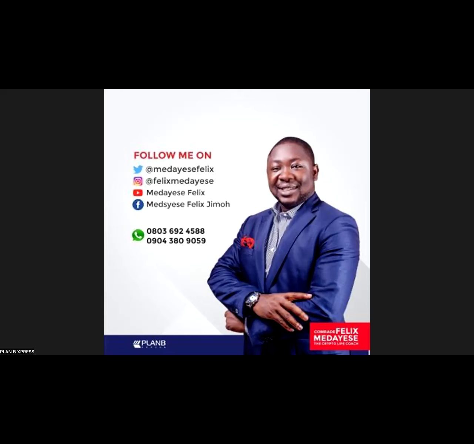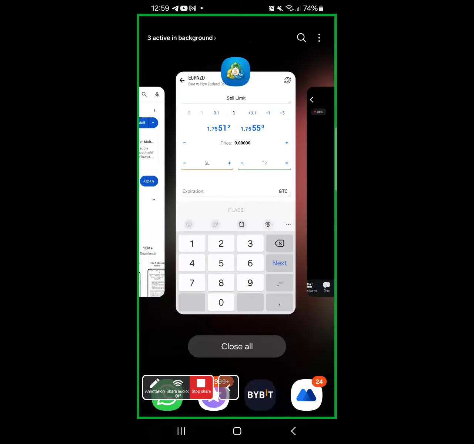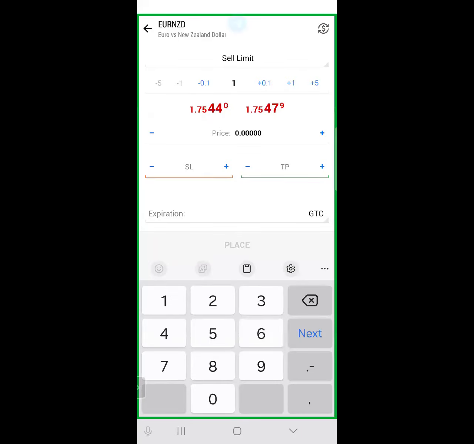Okay, so what we were explaining was that if you put one, that's one standard lot. One standard lot means if the market moves by 1 point, you will lose $10 if the market is against you. If the market moves in your favor by 1 point, you have made $10. So that's why you don't use standard lot size as a beginner, depending on how much you have and your experience of trading. So we now have what we call mini lot size,